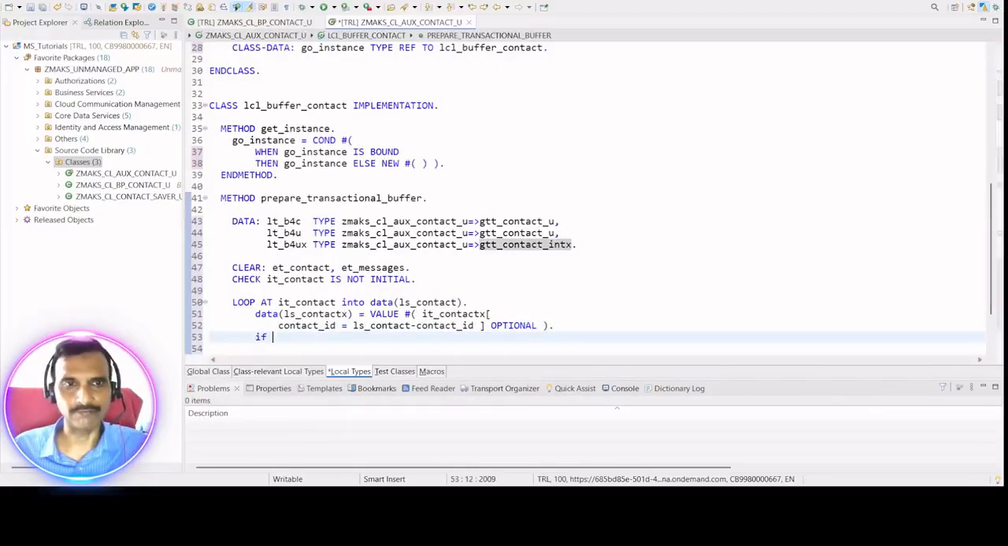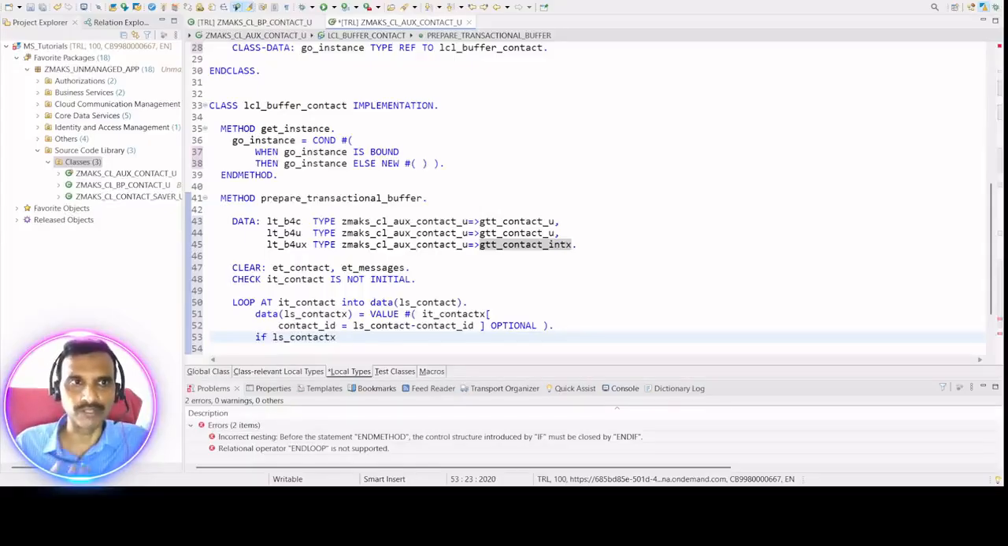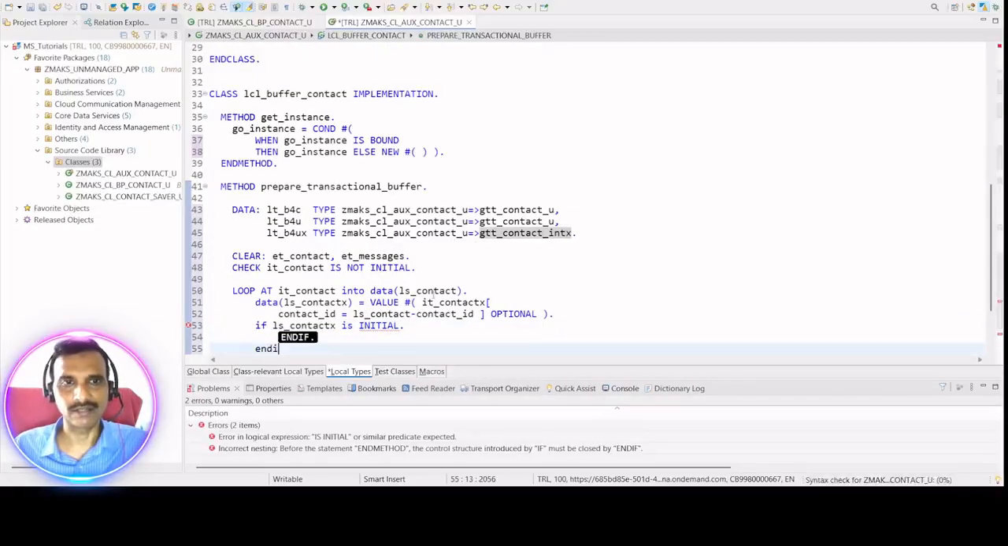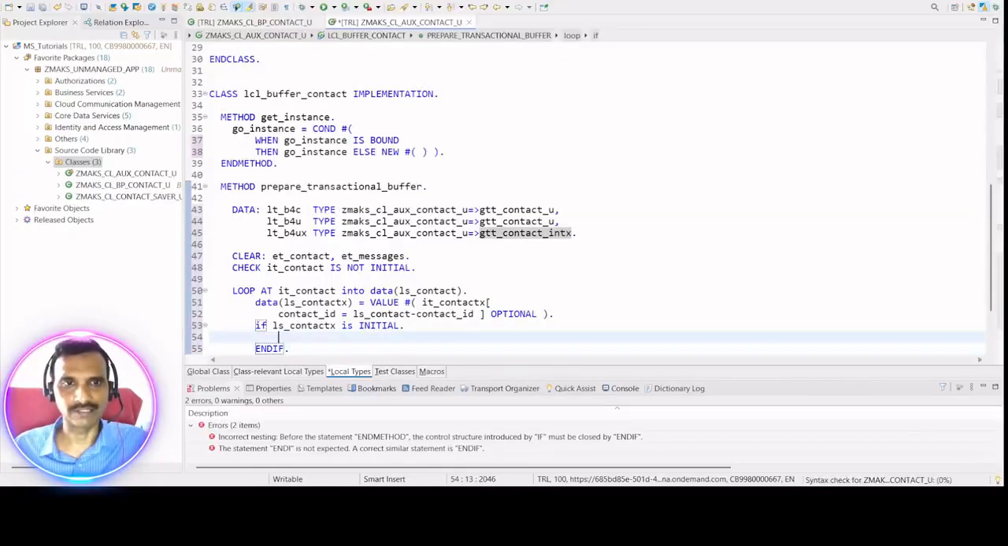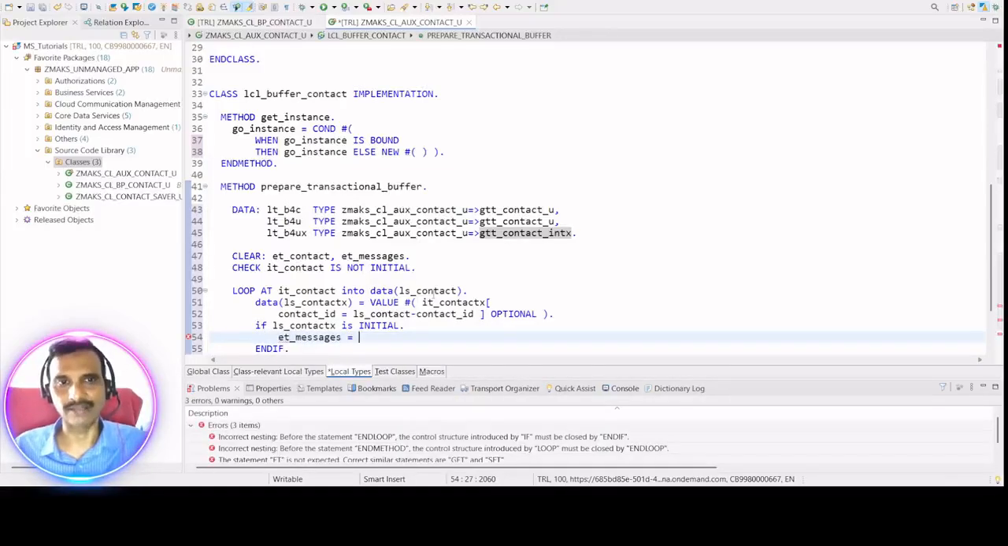Okay, and if ls contact x, for example, the value has not been passed, I don't know which operation it will be doing. So it's better to go and return the value back as an error. If it is initial, right? Initial means the data is not found. Then let me fill in the et messages as the value in there